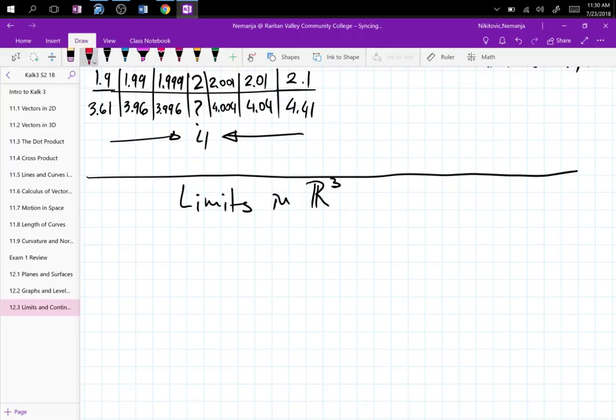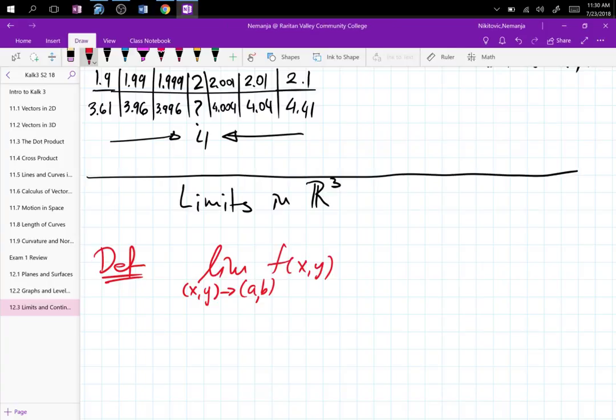So we have the definition here. The limit as xy goes to ab of f of xy is equal to the limit L. One more limit as point P goes to point P0. Alright, that's just the same thing, different notation. Okay. If